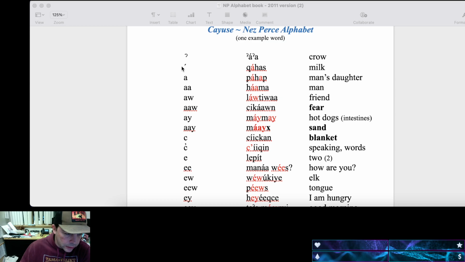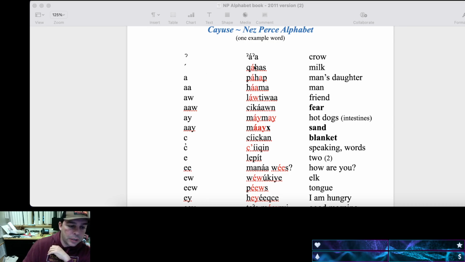Okay, this next little mark here indicates the stress of the word. So we made this alphabet so that you wouldn't have to guess where the stress of the word is. Like in English, it doesn't give you that, and vowels can be pronounced a bunch of different ways, and it gets super complicated. But the way this alphabet was built is perfect for sounding things out. So all of the letters of the alphabet are always going to make the same sound. They're never going to change. That makes it nice, and then also knowing where the emphasis of the word is.